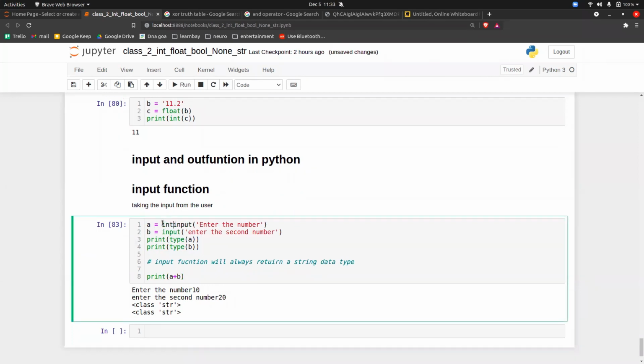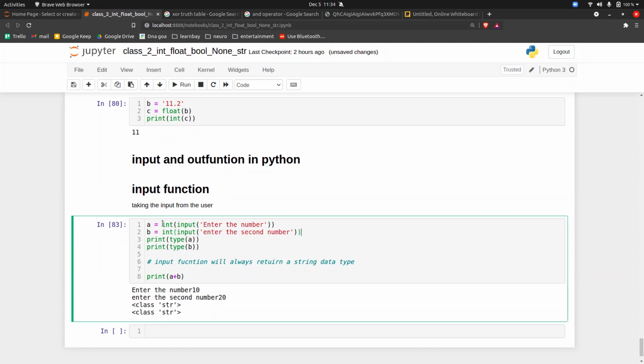You can write this input function inside int. Whatever the user gives, 10 or 20, will be converted to an integer.